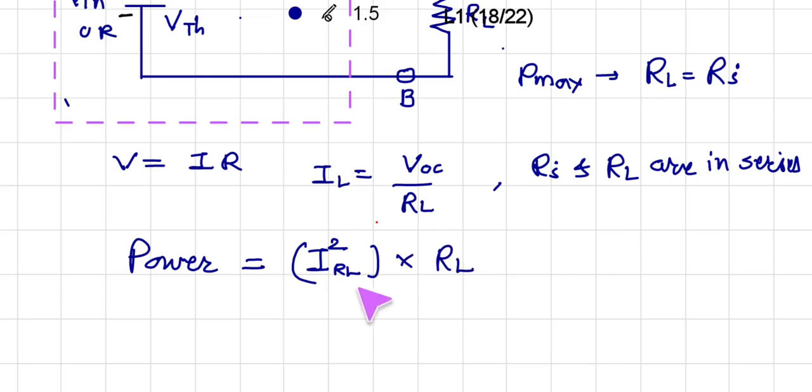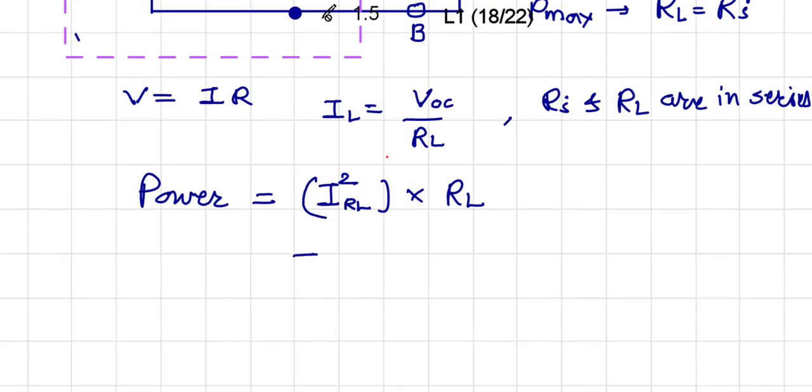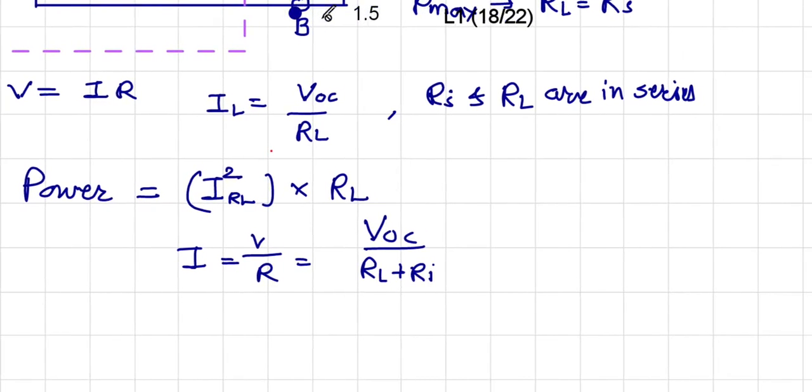So here I square RL. So what is the value of I? According to Ohm's law, I is equal to V divided by R. In this case it is VOC divided by RL plus Rin, which is the total resistance in the circuit, and therefore power I square RL is given by